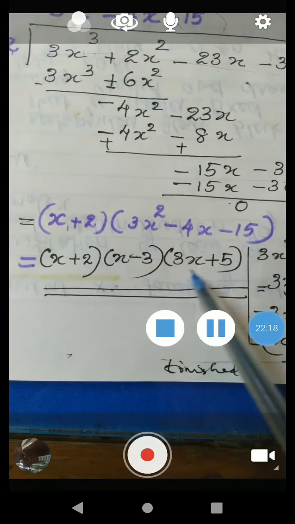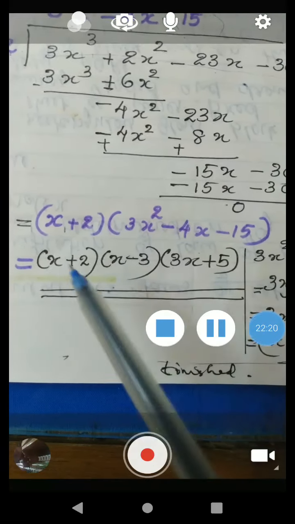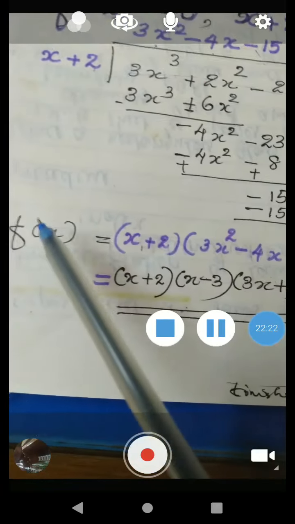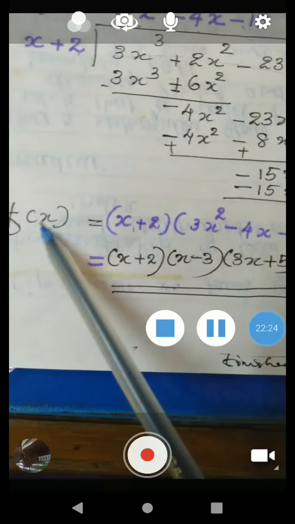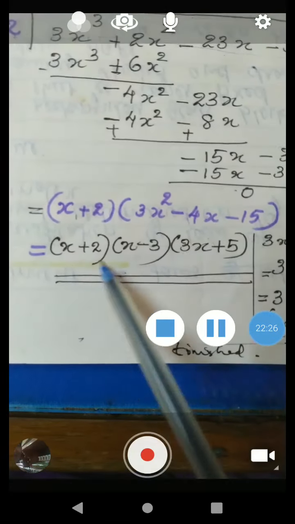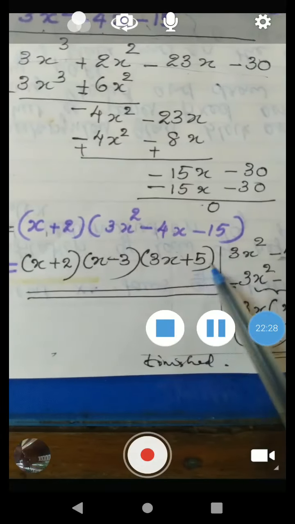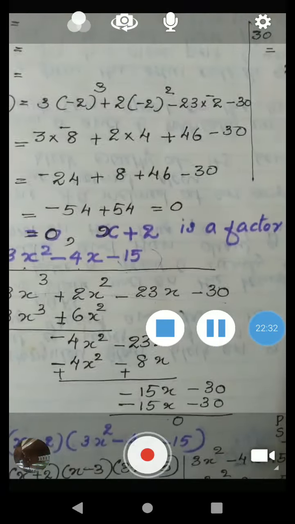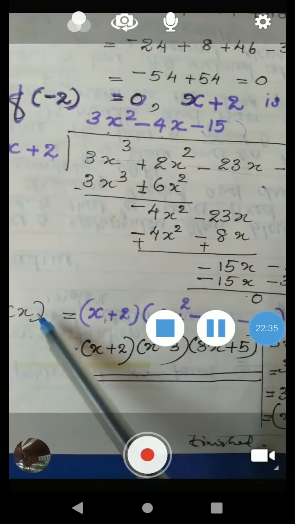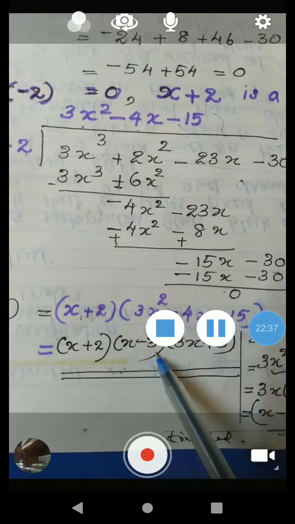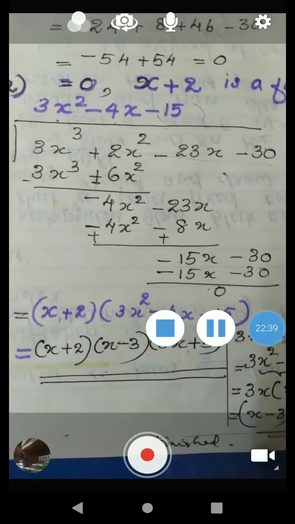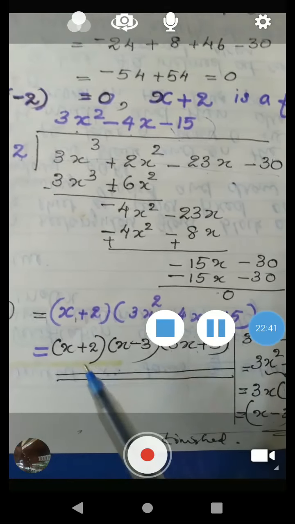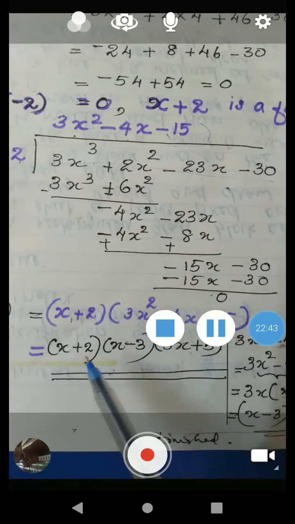So, these are the factors of fx. Factorize fx. You have to write the factors in product form. Remember, the question is factorize completely. So, you have to write the answer in product form. Otherwise, you will not get the mark. Okay. So, the answer is x plus 2